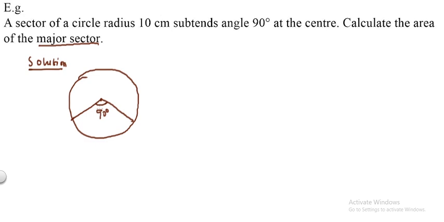If this is a 90-degree angle, that means this part will be 360 minus 90, which is ultimately equal to 270 degrees. A major sector is the sector which has the higher angle. If you compare this one, which is 90 degrees, versus this one, which is 270 degrees, the 270 degrees is the higher angle. So we're using our theta as 270 degrees